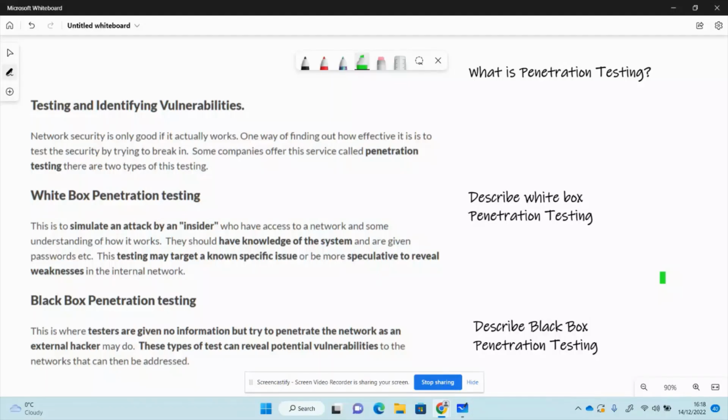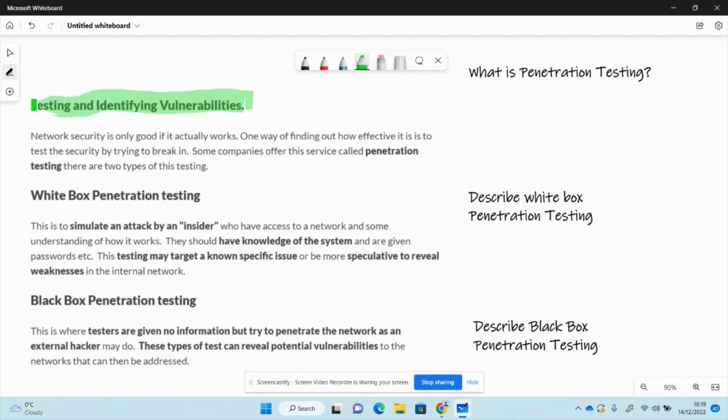So this video is a little bit about penetration testing. It's about network vulnerabilities, testing and identifying vulnerabilities in the network. Network security is obviously only as good if it actually works. So one way that we can find out whether our security does work is potentially to